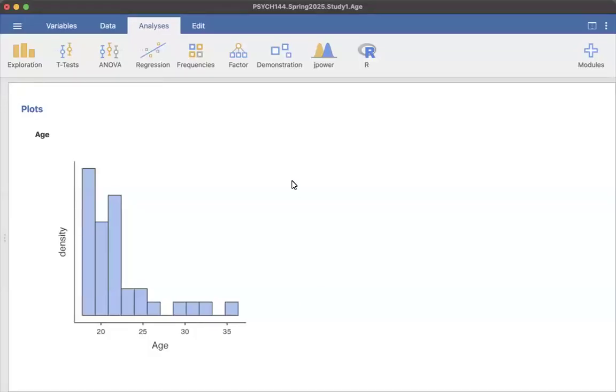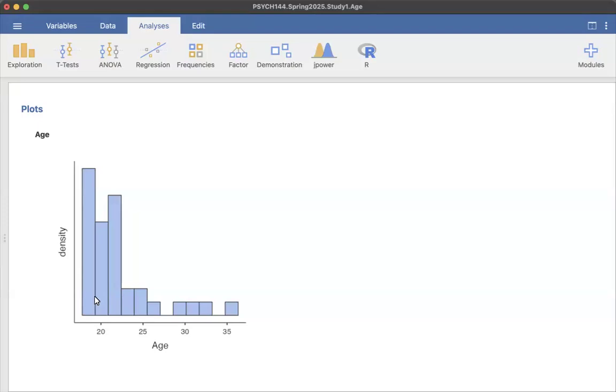Hey y'all, I am back in the data set for our class for a little mini study where we talked about social loafing. And I have a histogram for age here and some other graphs. And I'm just going to talk about the ways that we can use graphs to understand continuous variables in this video. So this histogram, we can see that Jamovi has created bins, which is these bars are considered bins, and